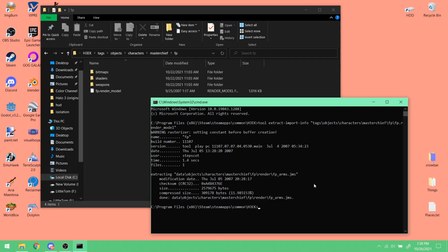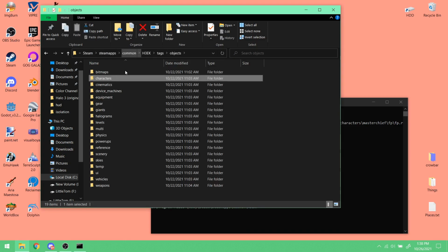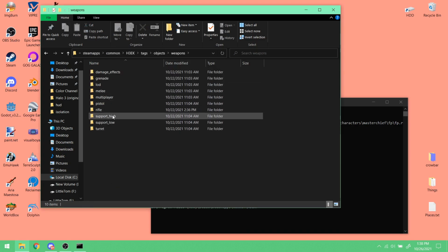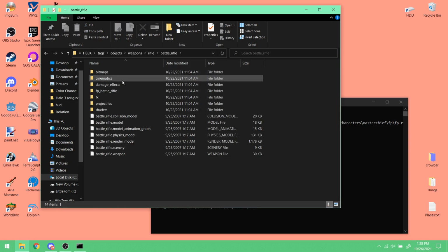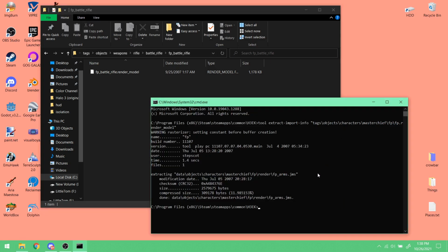Awesome. Now let's get the battle rifle JMS. So we'll need to go back to our objects folder, go to weapons, rifle, battle rifle, and let's get the FP battle rifle. So let's press up on the keyboard to get the last command, and let's just change this to weapon rifle